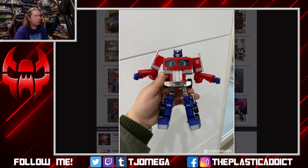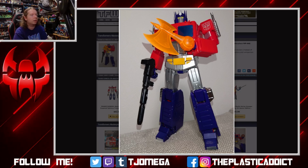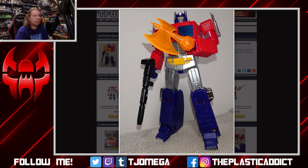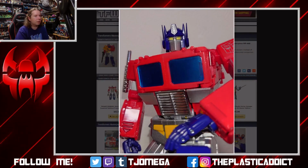So let's move on. The next one, we have a Toy Accurate Masterpiece 3.0 Convoy. Now, this one is getting enhanced. It's kind of weird that he and Hybrid drop at the same time. Hybrid, I want to call it Hybrid because it reminds me of Hybrid style. No, he and Missing Link drop at the same time, which is kind of intriguing. So, yeah, you have a weird face sculpt, but yeah,